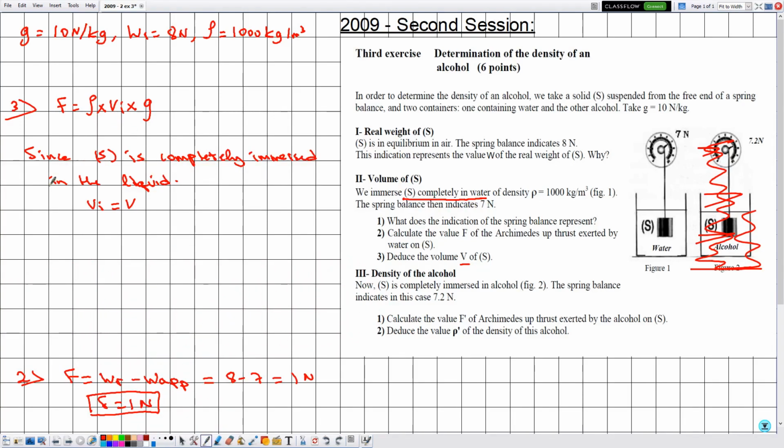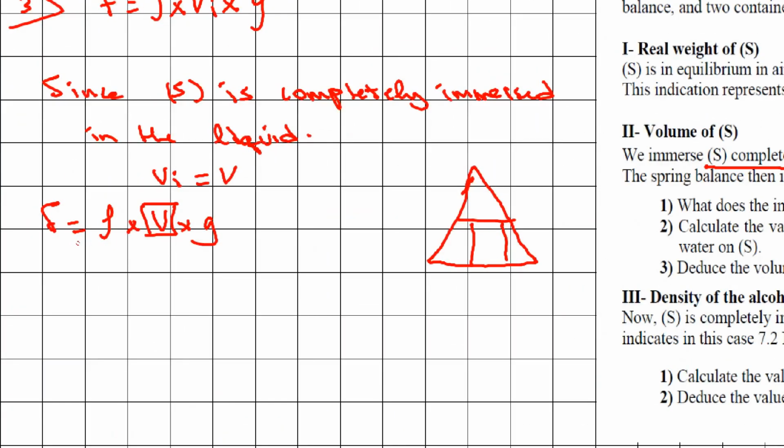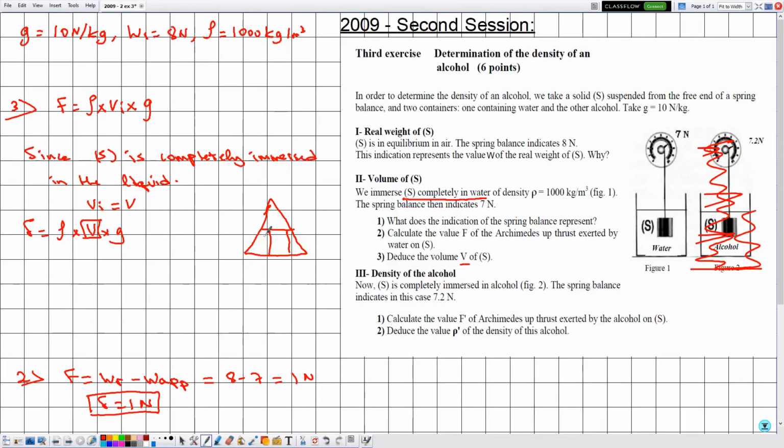Now, rewriting this formula property and replacing Vi by V, we have that F is equal to rho multiplied by V multiplied by G, knowing that we are interested in determining the value of V. Constructing the triangle of this formula, because we have multiply, F will be at the top, rho, V and G are at the bottom. We are interested in determining the value of V. So putting our hand over V, V in this case is given by the value of F divided by